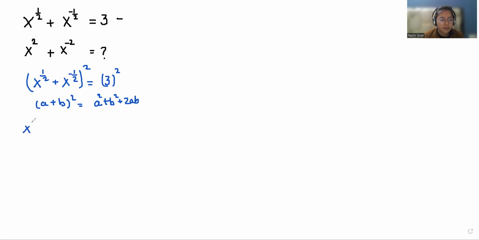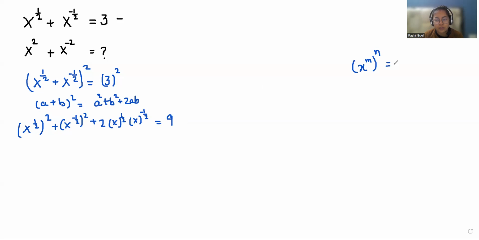So (x power 1 by 2) whole square plus (x power minus 1 by 2) whole square plus 2 times x power 1 by 2 times x power minus 1 by 2 is equal to 3 square, that is 9. Now, according to the exponent rule, (x power m) power n is equal to x power mn. So x power 1 by 2 times 2 is x, plus x power minus 1 by 2 times 2 is x power minus 1,